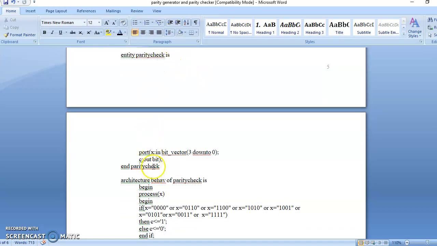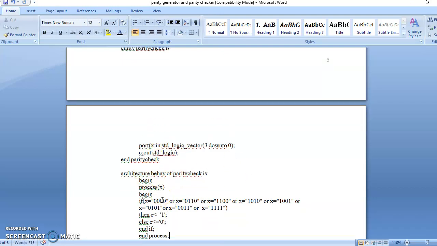In the entity, X is my input. Now the number of bits are A, B, C, P, so for my convenience I'm taking the bits in array declaration form, again in std_logic_vector. Similarly, the output is std_logic. And writing the program is in your hands.